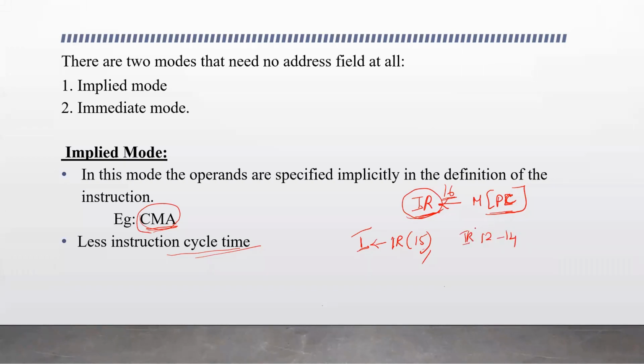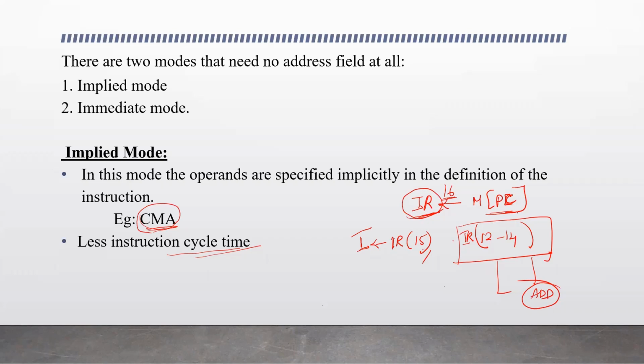So from the instruction register, take bits 12 to 14, and this needs to be decoded. It has to pass through the decoder, and the decoder decodes and finds the meaning of it. What is the operation to be performed? The result of the decoder may say it is add. We learned it is D0 to D7 as the output of the decoder, that represents one of the operations such as addition, subtraction, or whatever.